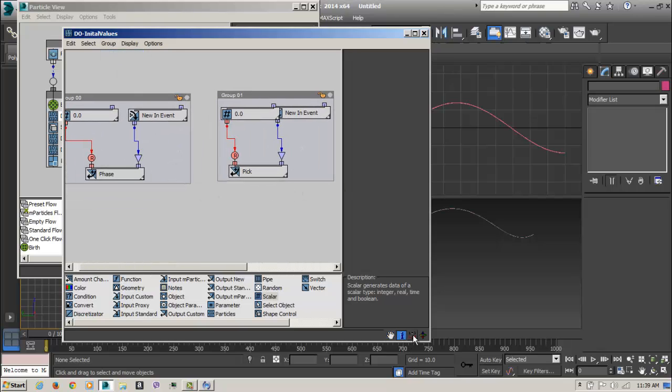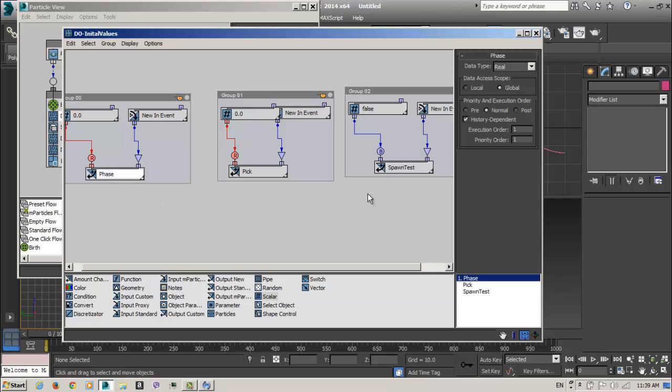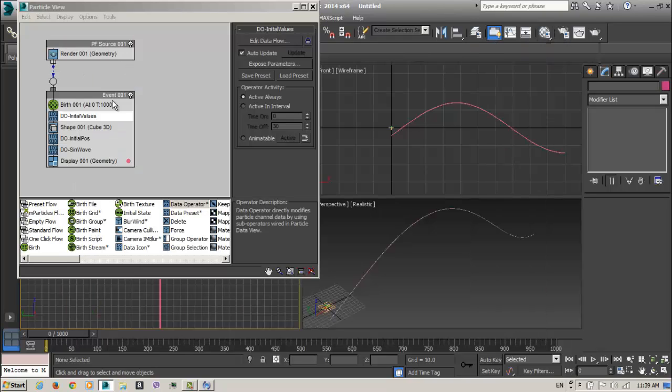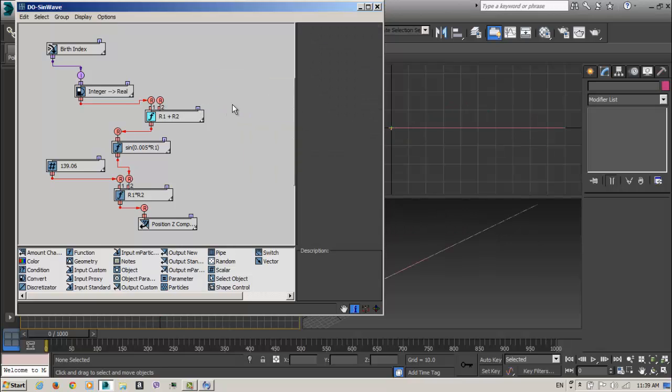And here I select here, and this is execution order 1, 1, 1, 1, 2, and 1, 3. That's okay, that's wonderful.